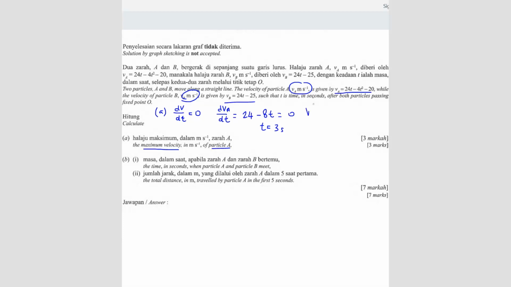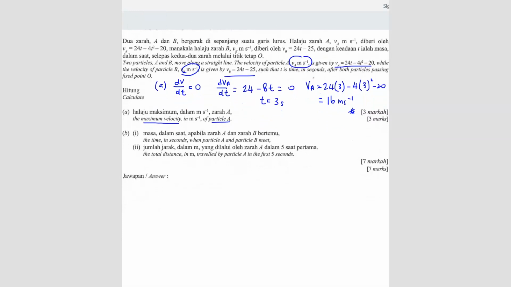So we just have to substitute. You get 24 times 3 minus 4 times 3 square minus 20. You just key in your calculator straight away: 16 meters per second. So that's the first part. Now second,